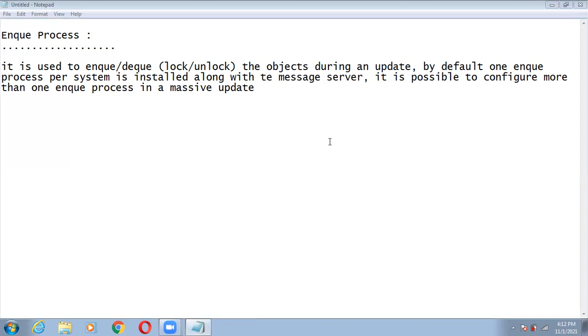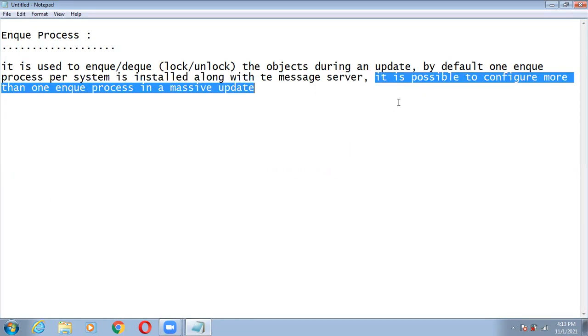When the central instance is getting loaded, then we deploy the additional application server, to share the load on the particular server. So what does the message server do in the backend? If the central instance is getting fully loaded, then it will transfer some of the users to the dialog instance. In the backend, it communicates with the presentation server whenever a user request comes, right? So that is the message server.